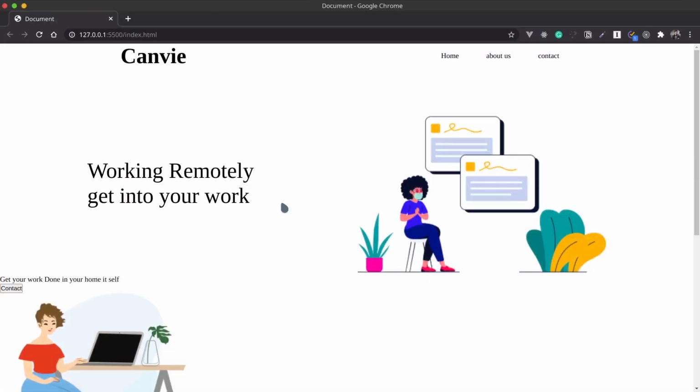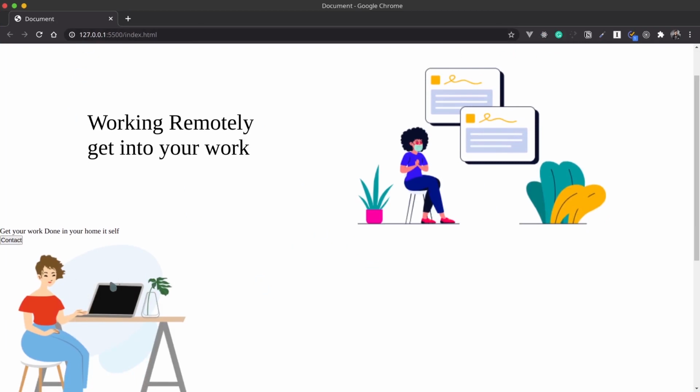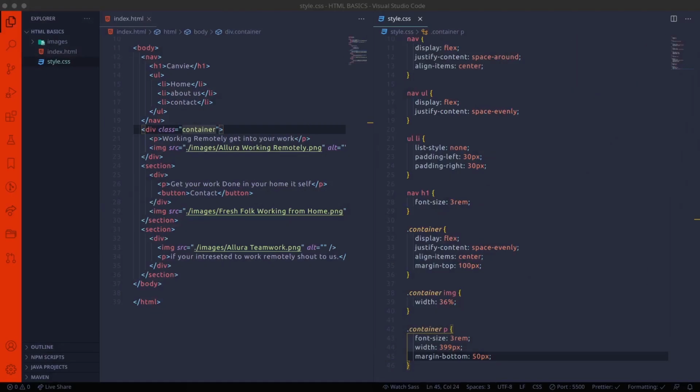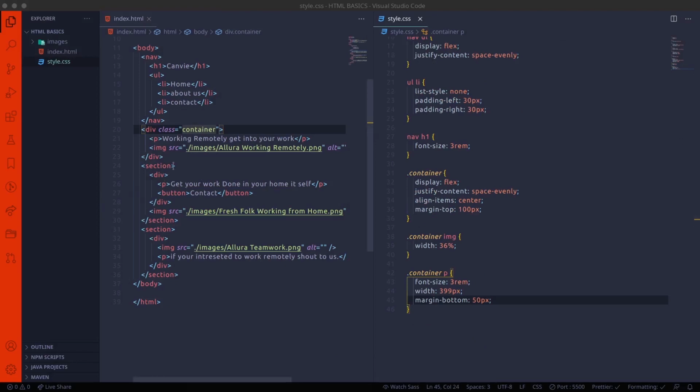So now it is clear and beautiful. Now we'll style our next part. In order to do that, here also I'm referencing the section with a class. Any name you want, I'm using sub1.